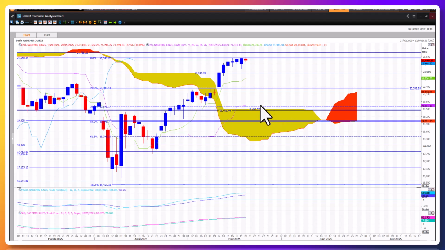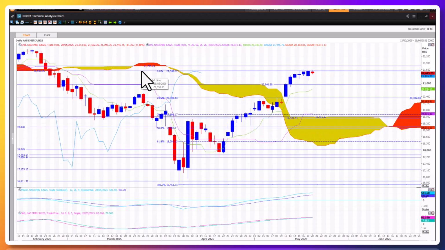In the last update, we were right here at the cloud chart resistance. Looking back at this key resistance zone, we managed to break through that. Then the upside target was the bottom end of the cloud. Here you can see this 21,550, and we got to that cloud chart level. The next resistance zone is 21,766 there. Now, we've had a tremendous strong rally since rebounding from this cluster of cloud chart support zones